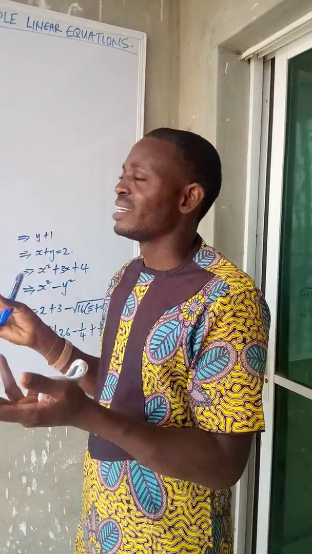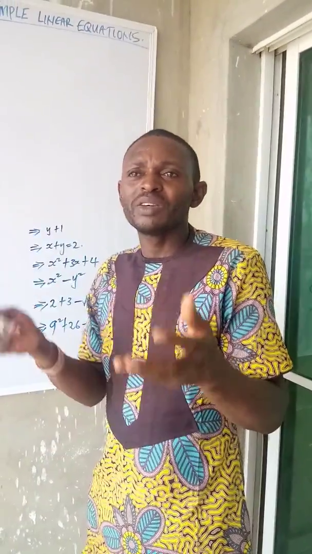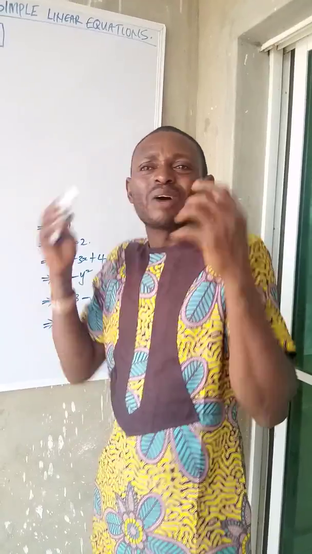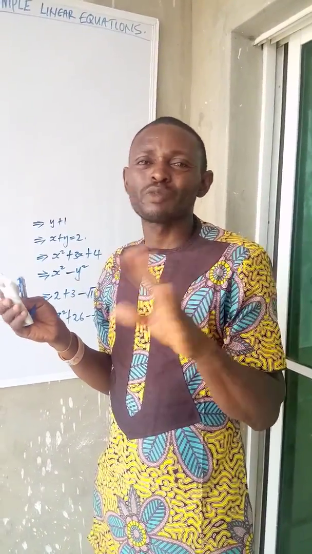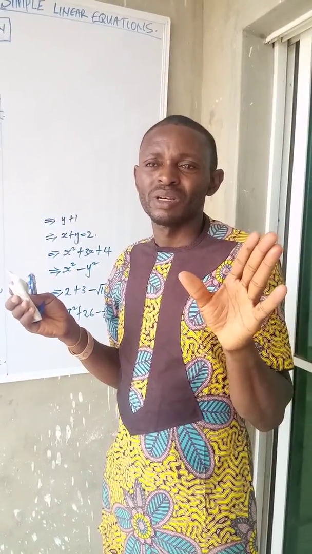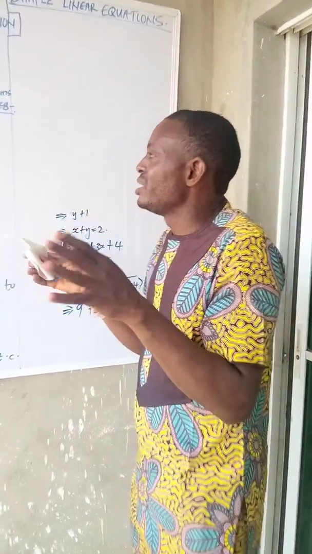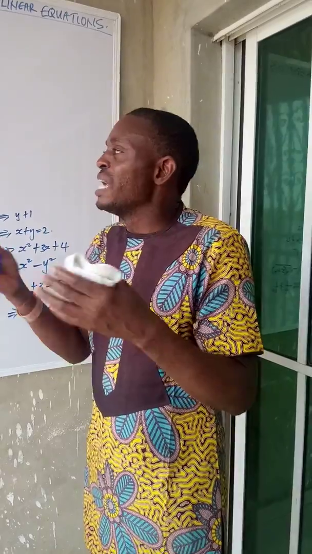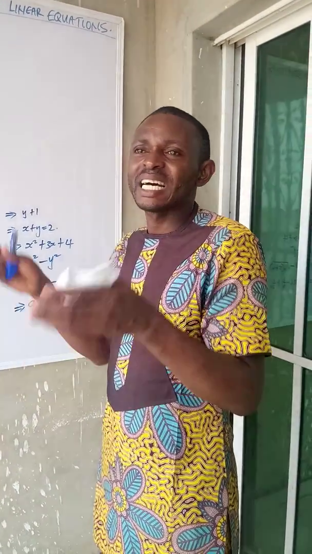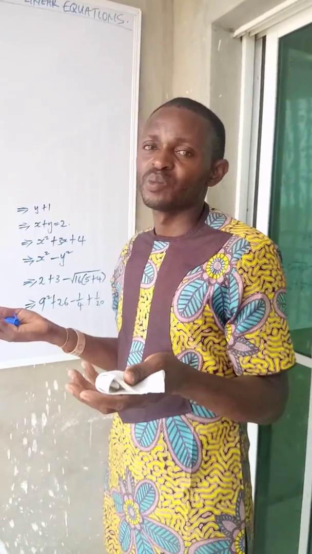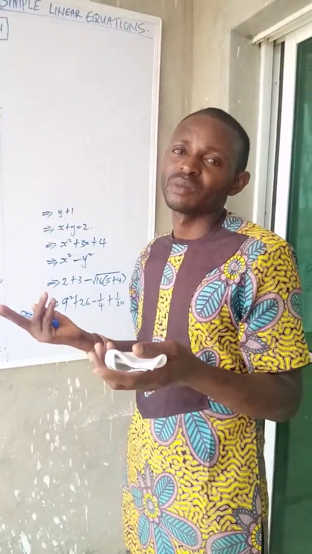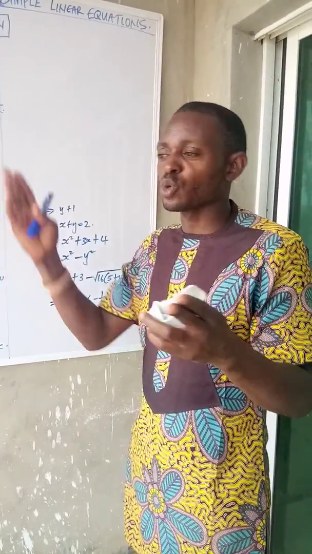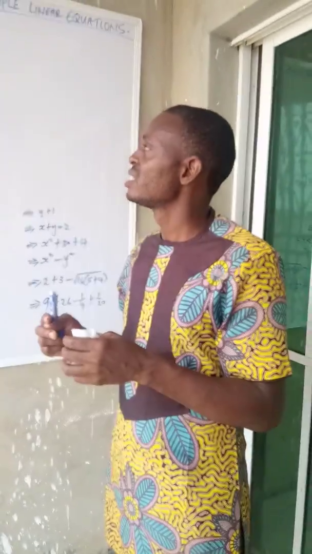The word algebra, to many of you, when you hear algebra, you say it even sounds difficult. But let me encourage you that this is the simplest aspect of mathematics. You don't have to develop any phobia for letters. Letters are just like numbers as well. X plus X will give you 2X. Just like one purple plus one purple will give you 2 purples.